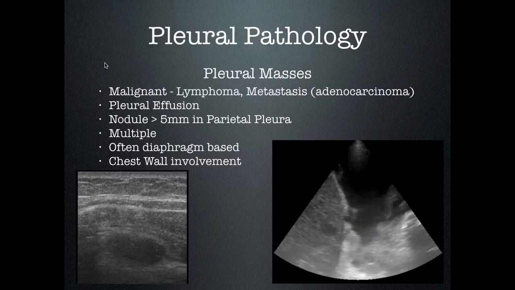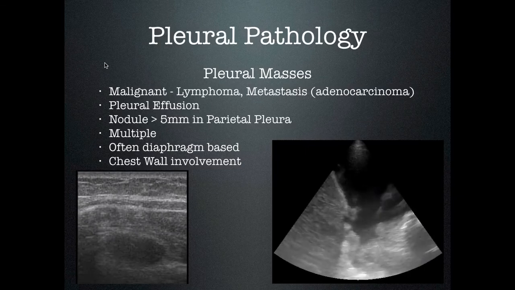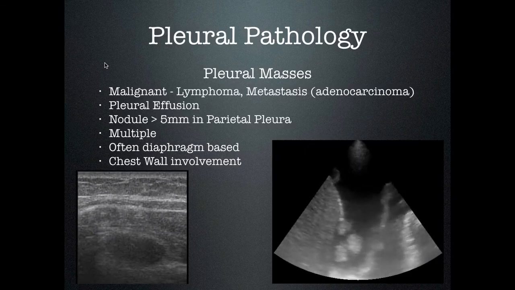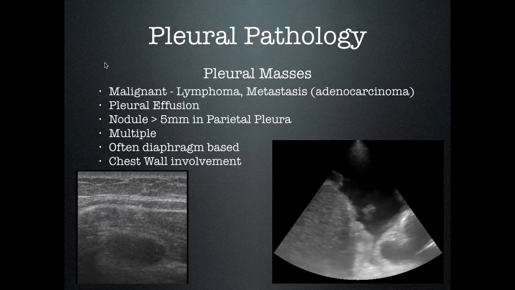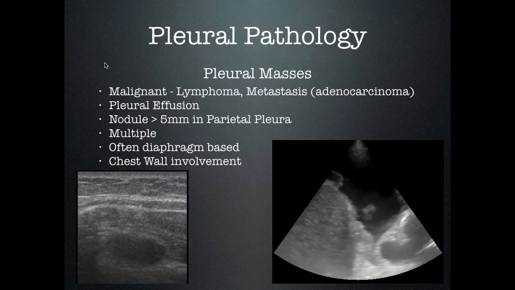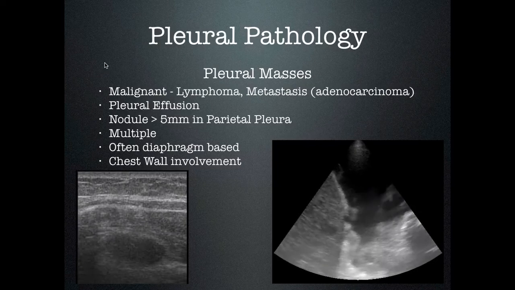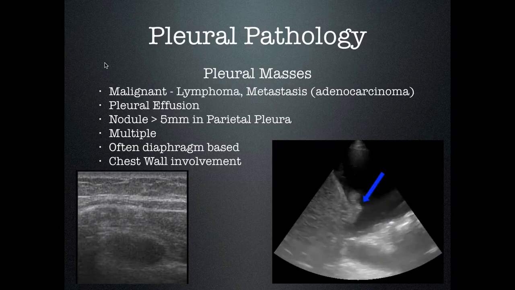On ultrasound, metastasis, primarily of adenocarcinoma, are the malignant tumors most often found in the pleura. They are generally accompanied by a pleural effusion, which, because it acts as an acoustic window, facilitates enhanced sonographic assessment of the solid component. We see one here on the right. We can see these masses arising from the diaphragm, and they're surrounded by the pleural effusion, and it is very